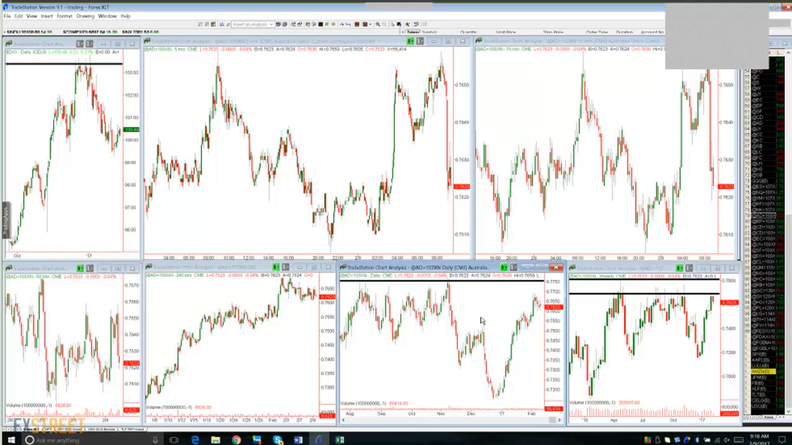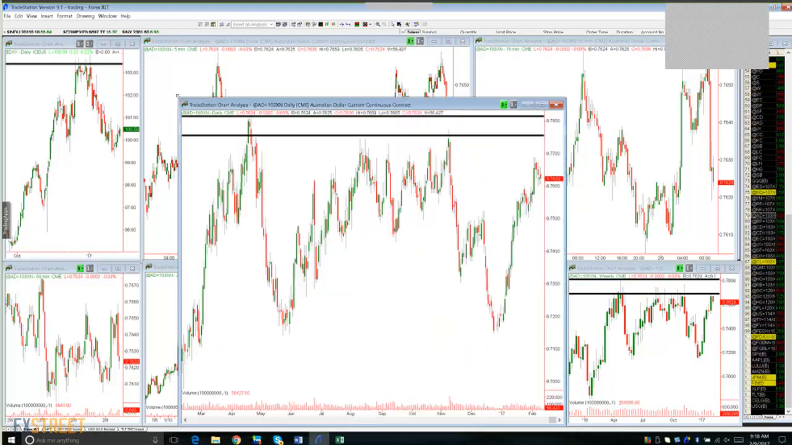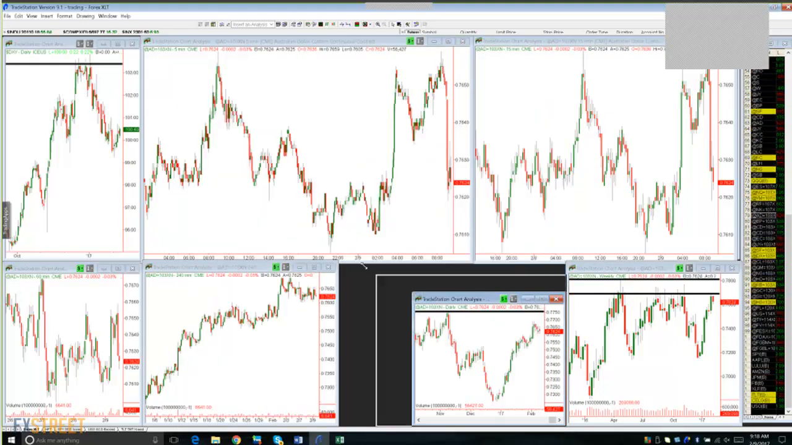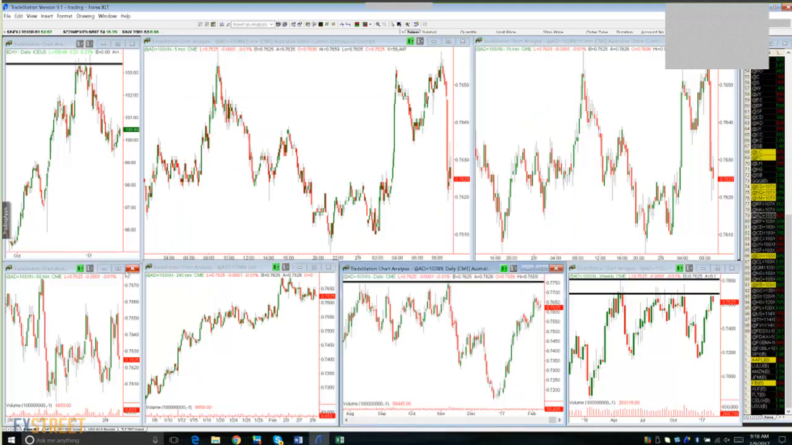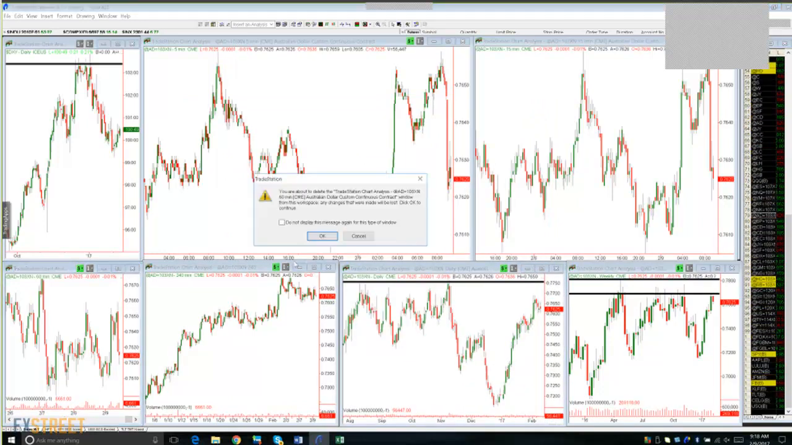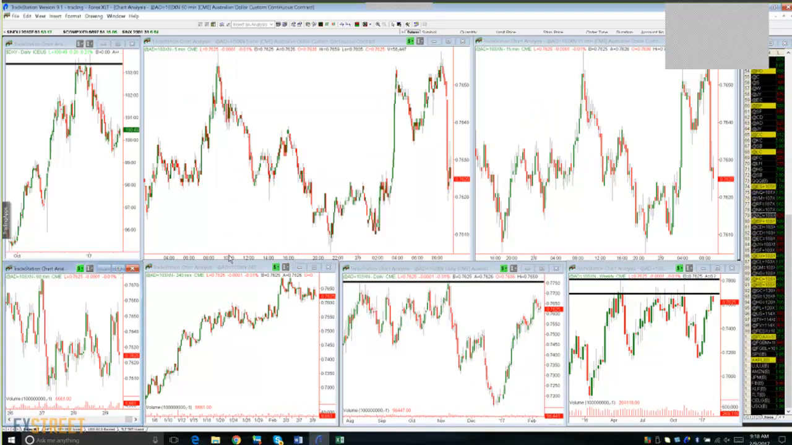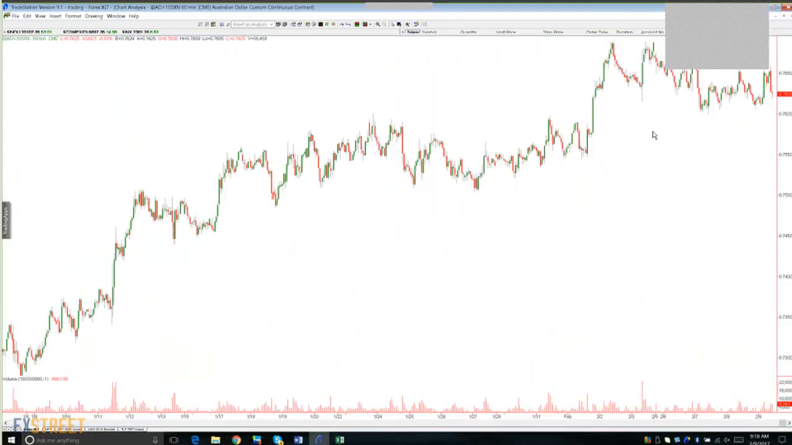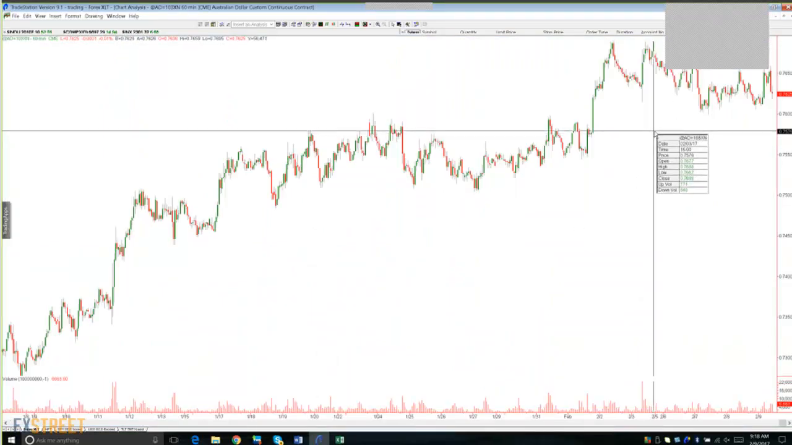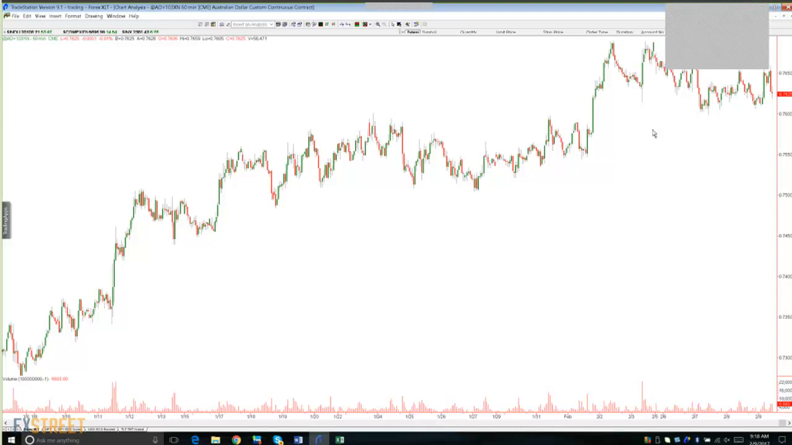Here's the daily chart. I wanted to show you this little level down here. So this comes in at 75.80. See that? There's 75.80